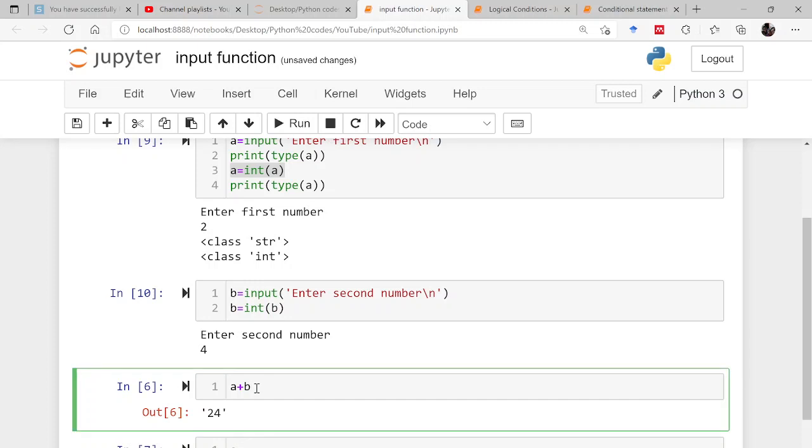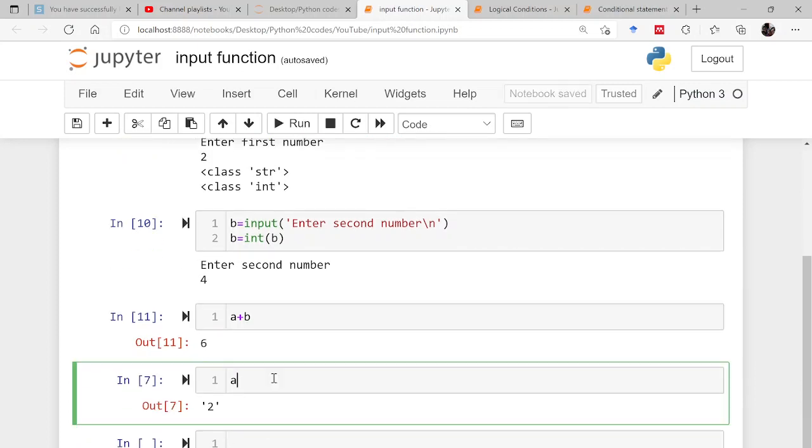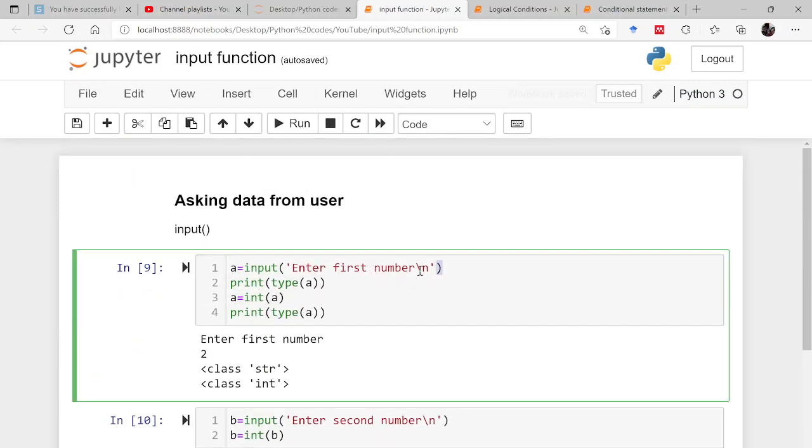If I now write a plus b, it will give me an output of 6. So this is correct. Whenever you are asking a user for a number, you have to typecast it, converting it into either integer or float depending on the requirement.